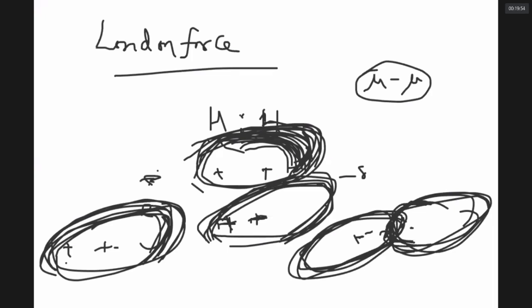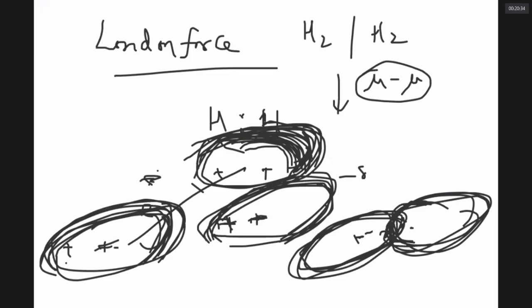So the London force will be operative only when the temperatures are very, very low. Therefore, it is possible to liquefy or even solidify hydrogen by just lowering the temperature. The London force really will be insignificant if the temperature is more or if the distance between the molecules increases. Notice when you are raising temperature, the thermal motion drifts the molecules away. As the distance between the molecules increases, the London force will die away. How the distance can influence this is discussed in your States of Matter chapter, first 4 pages.